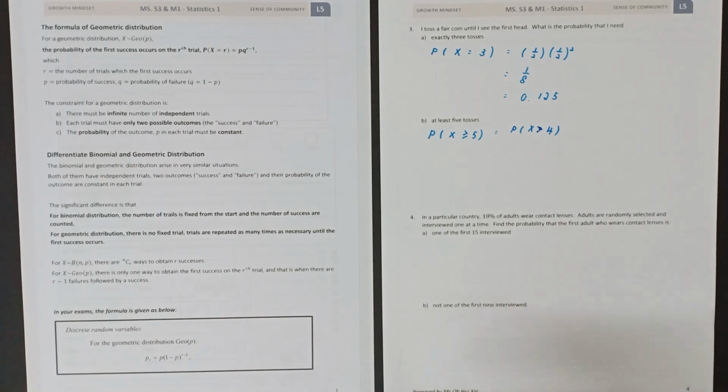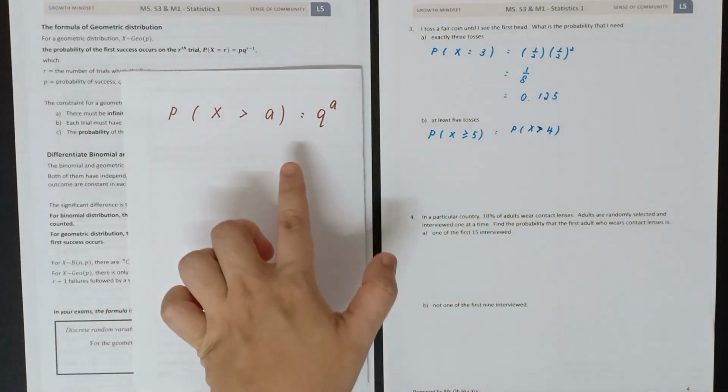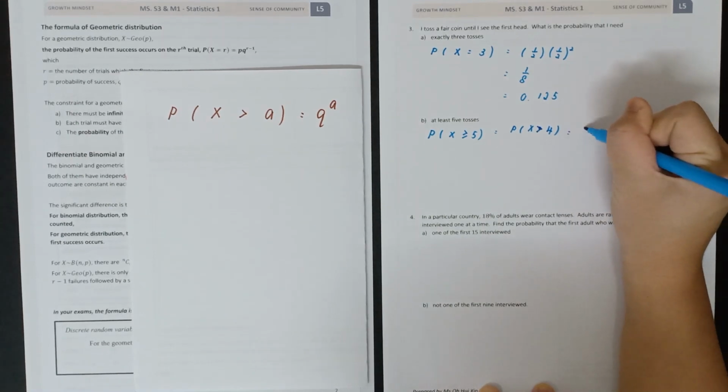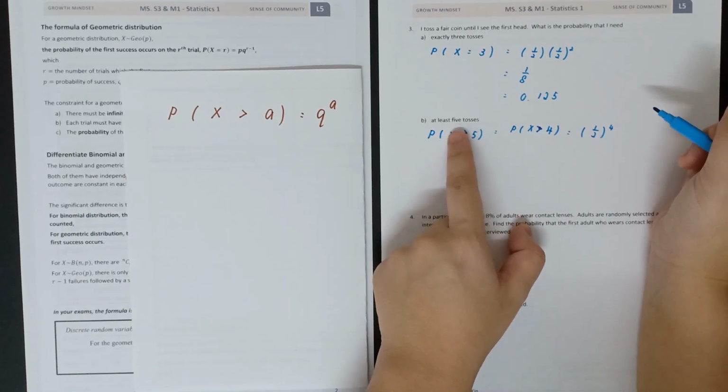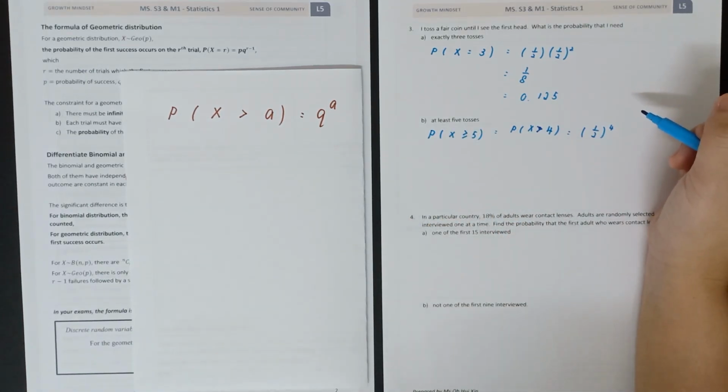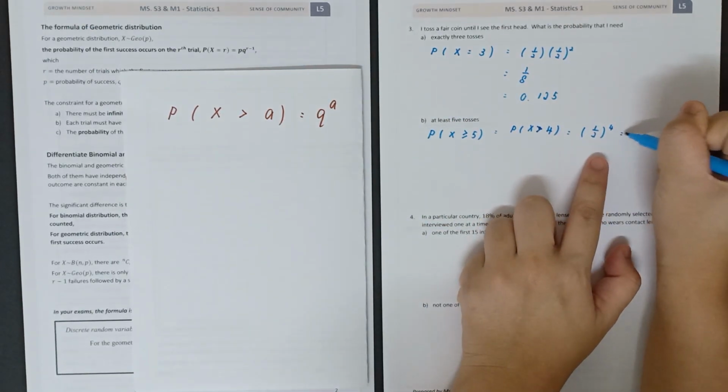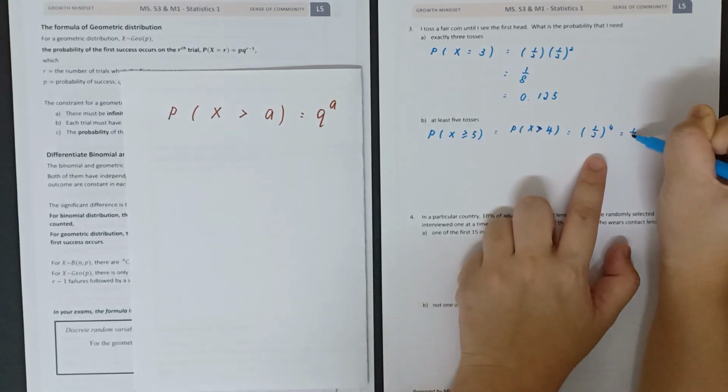Okay, so in another way, it means I need to do more than 4 tosses to get the first success. Then we go back to the same thing that we have learned just now. What we can try to do is use the failure and then power 4. What does it mean that I need at least 5 tosses to get my first head? It basically means that for the first 4 times, every time I get a failure. So that's why I need at least 5 tosses. So that's why it is failure for 4 times. Then this is how I get my answer, 1/16,